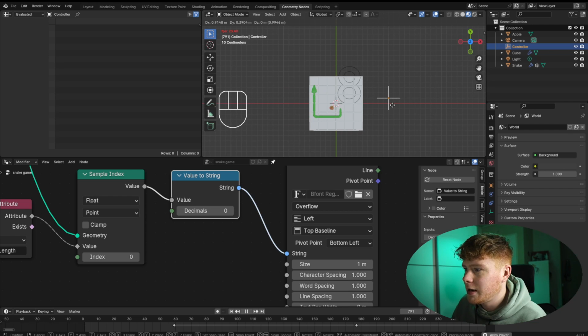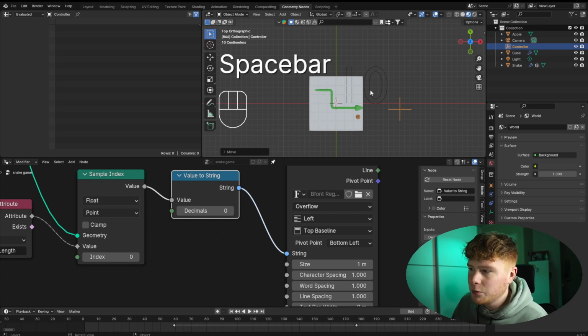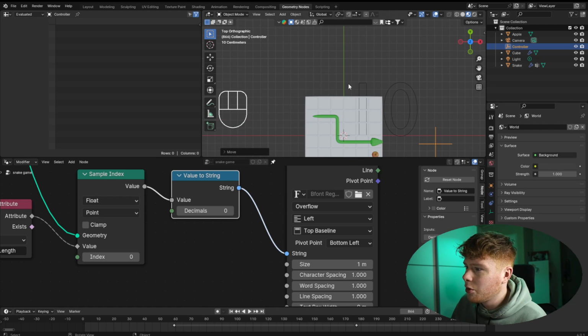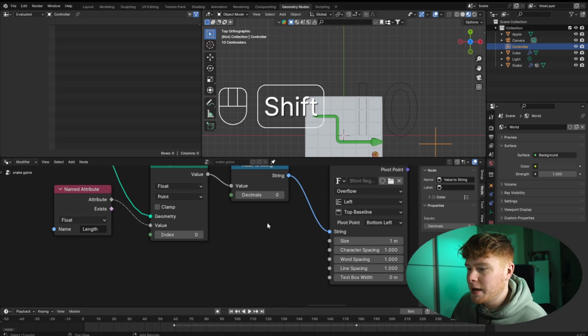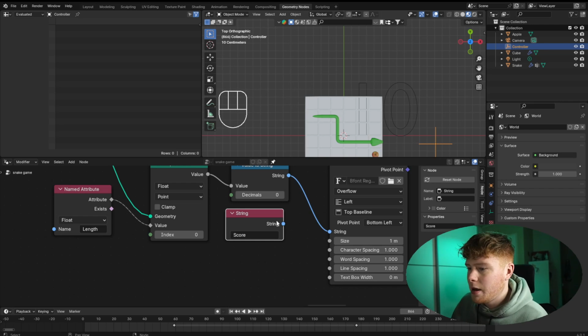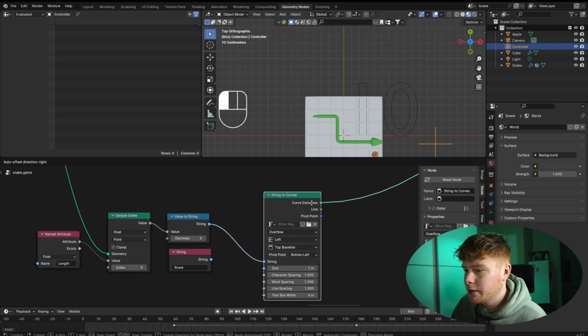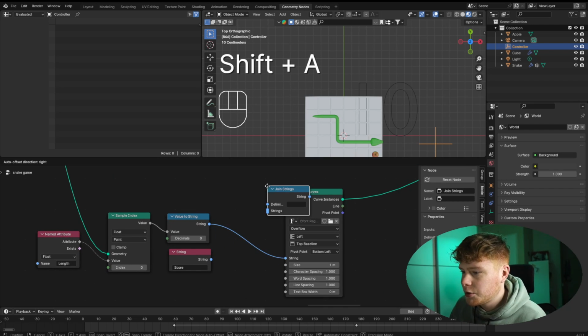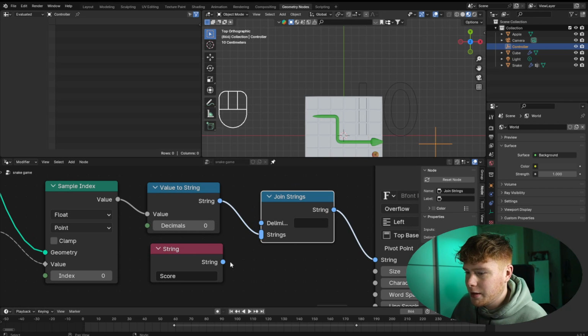So now it's 7 and then it's 8 and then it becomes 9 and then it becomes 10. But we can make this a little bit more beautiful, of course. So what we want to do is I want over here score 10, for example. So let's make another string value, which we name score. And to join this one together, we can do a join strings node and put them like this and put